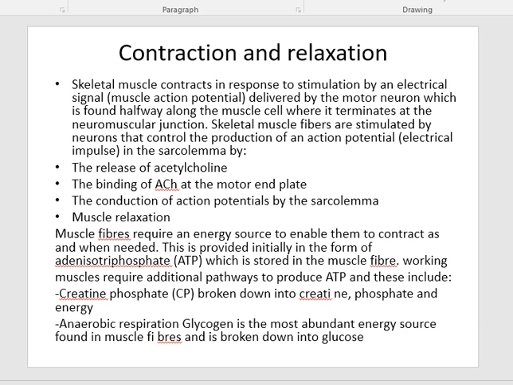Muscle fibers require an energy source to enable them to contract as and when needed. This is provided initially in the form of ATP, adenosine triphosphate, which is stored in the muscle fiber. Working muscle requires additional pathways to produce ATP, and these include creatine phosphokinase broken down to creatine, phosphate and energy, or anaerobic respiration. Glycogen is the most abundant energy source found in the muscle fiber and is broken down into